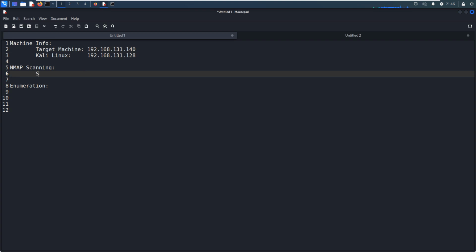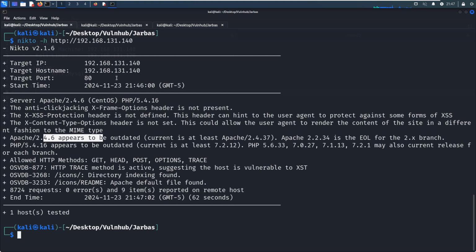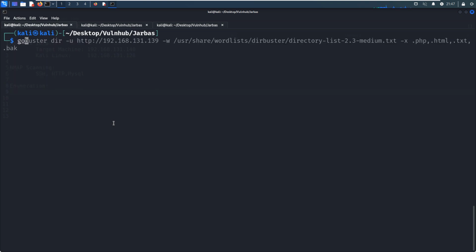So the SSH, HTTP, and also MySQL. It's not so exciting. So next we can launch GoBuster to do the directory enumeration.